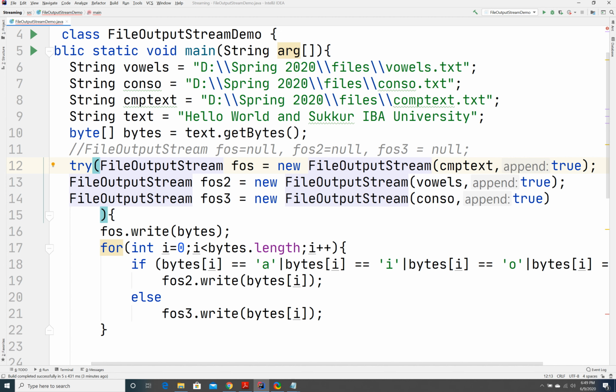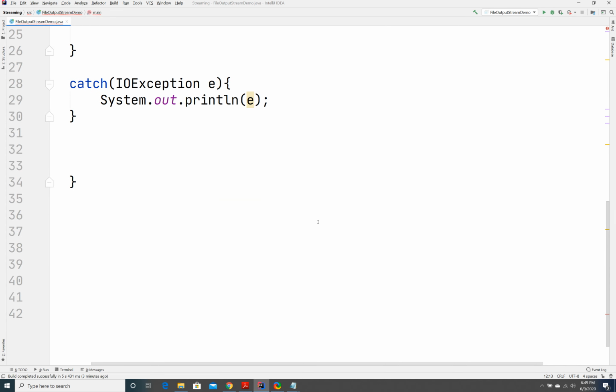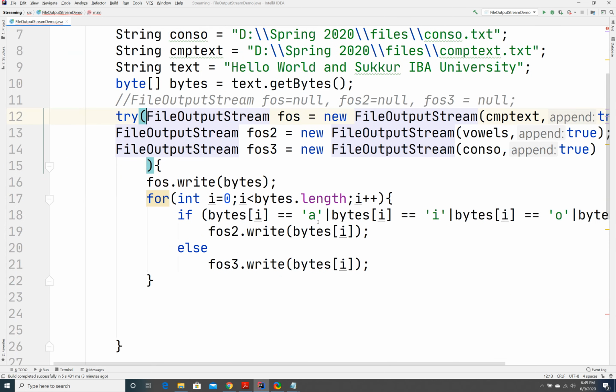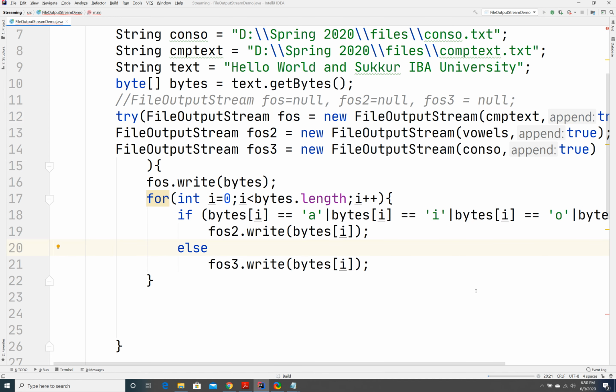Right. Now once it is done, the impact of this program will be the same as the previous one, but the thing is, now I do not need to manually close the connection, because the connection will be automatically closed thanks to the good facility of this try with resources option. Right, I can run it. This program will have the same impact as the previous one. It will run, and then